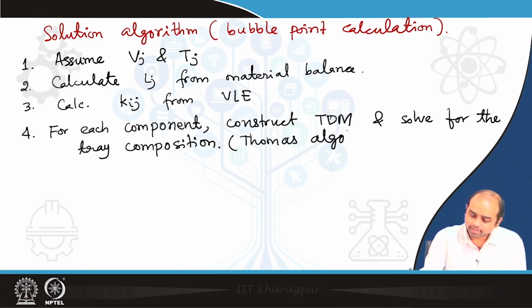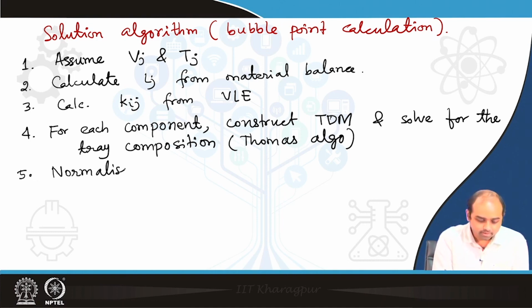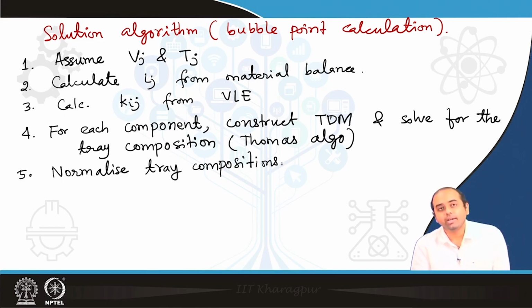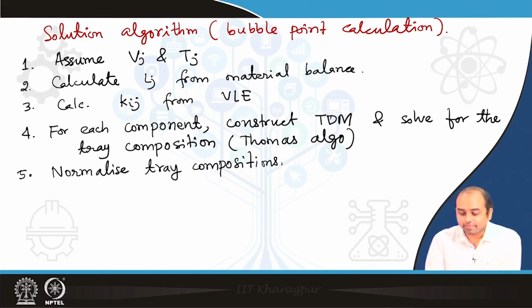Otherwise the calculation would be extremely inefficient or slow. Next is a very important stage: normalize tray composition. Please note that whatever the tray compositions you have got for each of the individual trays, the summation of all the components, by mass balance, has to be equal to 1, but since